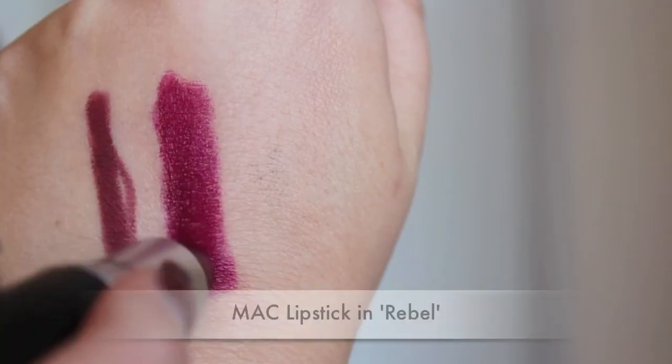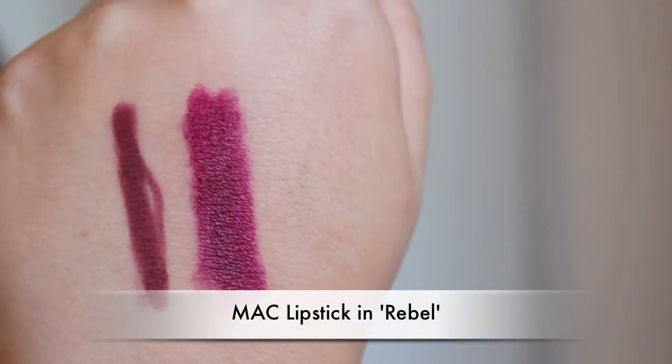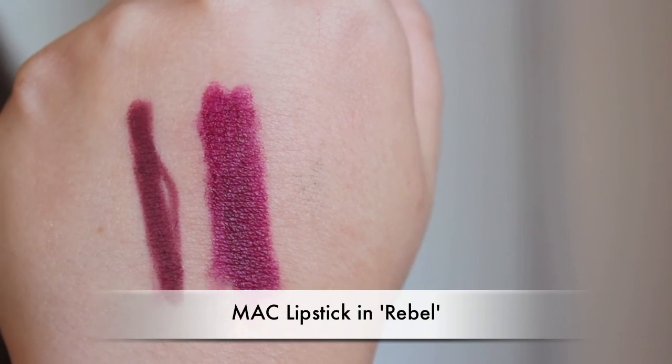So to go with that lip liner and kind of build this whole lip up, I've been using a MAC lipstick in the color Rebel. It's this really deep sort of smoky purple with brown undertones. It is somewhat frightening looking in the tube. It goes on a little bit lighter on the lip, although it is still quite dark. I find that MAC lipsticks are very drying. However, I haven't found this one to be too bad, and I think it's because over top of that whole